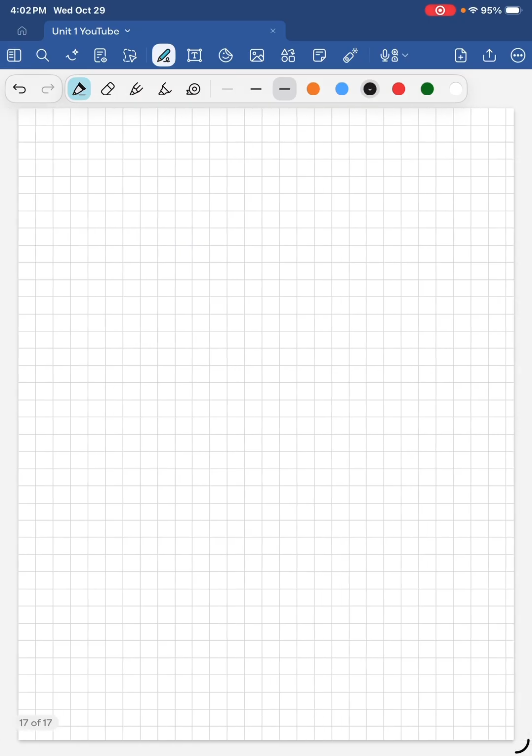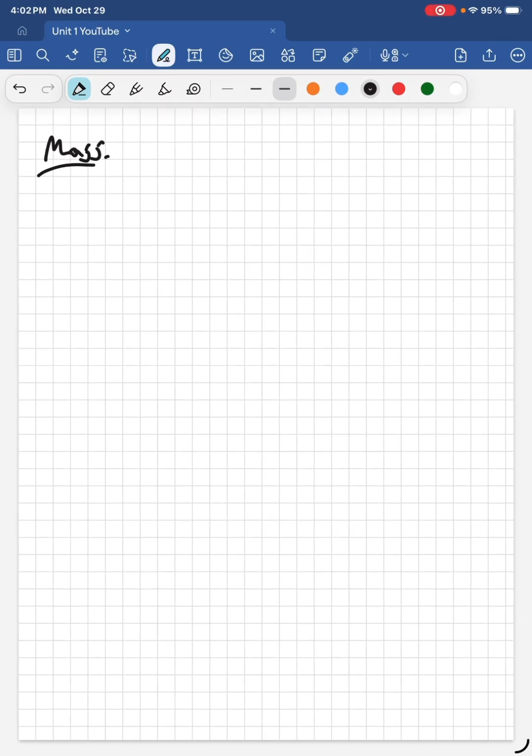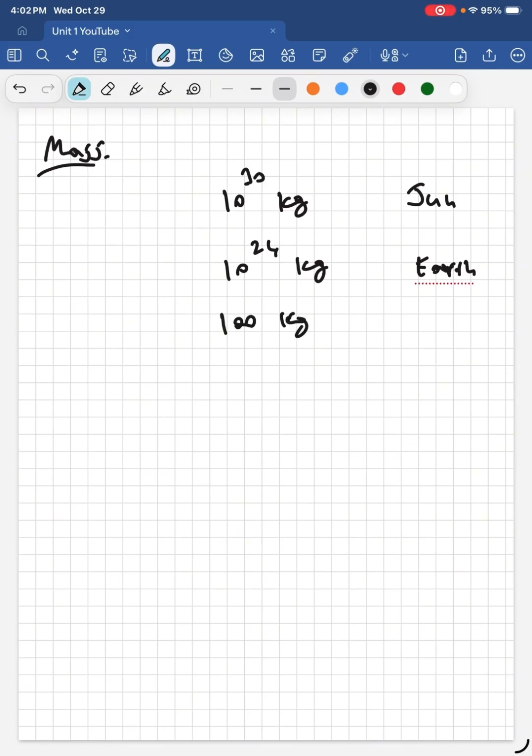Okay, now in terms of mass, some popular masses, some benchmarks, are 10 to the 30 kilograms. That's the mass of the sun. 10 to the 24 kilograms is the mass of the Earth. About 100 kilograms, I know it doesn't sound flattering, but let's say 100 kilograms is the weight of a human. Maybe I should write 70, it's more realistic. Okay. Then about 10 to the minus 27